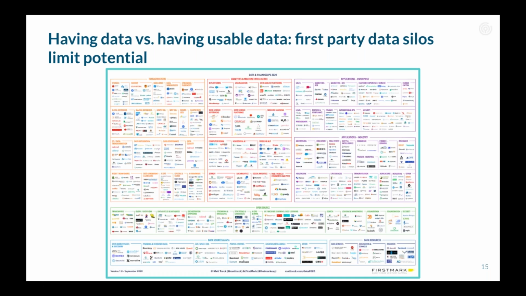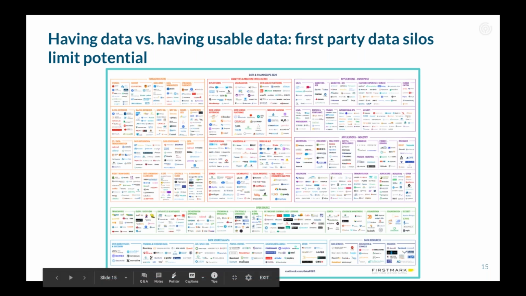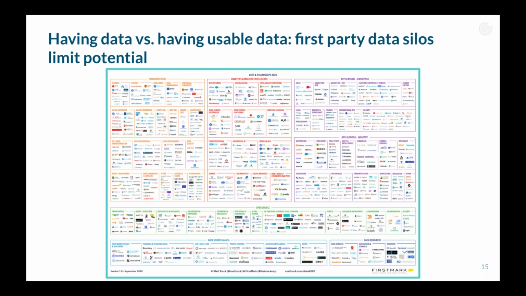So the good news is that there are a lot of analyses that you can do, like the one we just talked about, with only your first party data and discrete data sets. The less good news is that there is a difference between having data and having usable data. Usable data is data that is ready to answer any of the questions you want to ask of it. And that's not the same thing as just having data. Data scientists, data engineers, like the ones at Civis, can tell you that this is where the bulk of our work lies. And as you see here, the data landscape is only becoming increasingly complex.